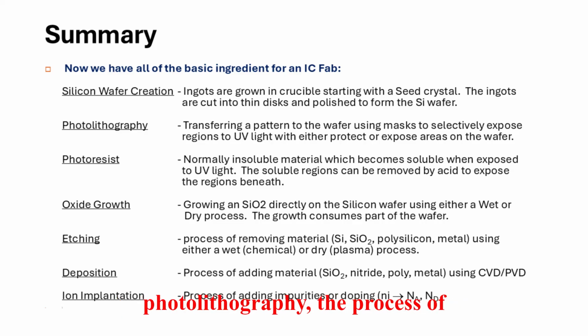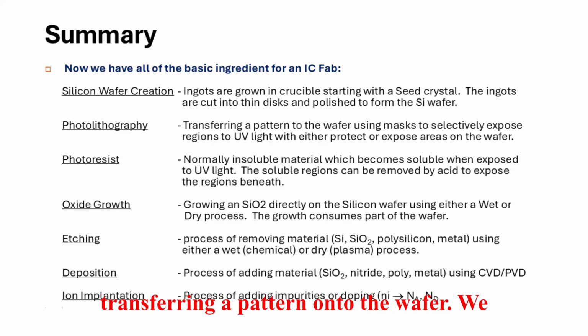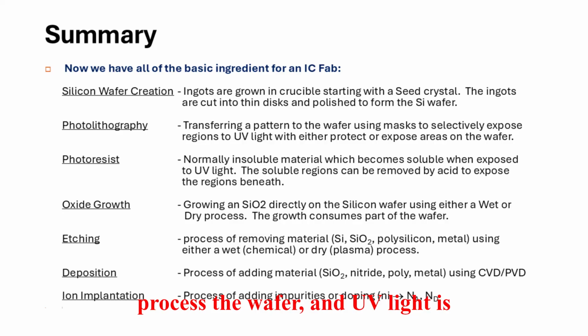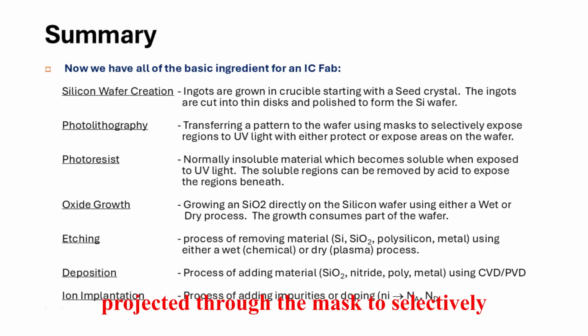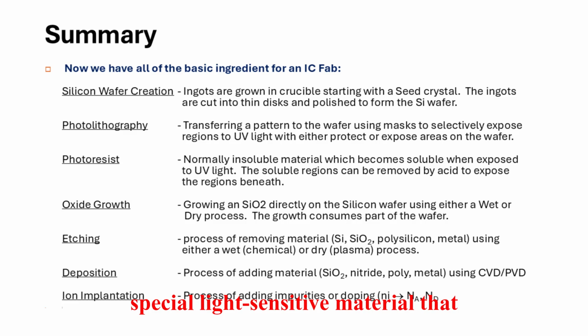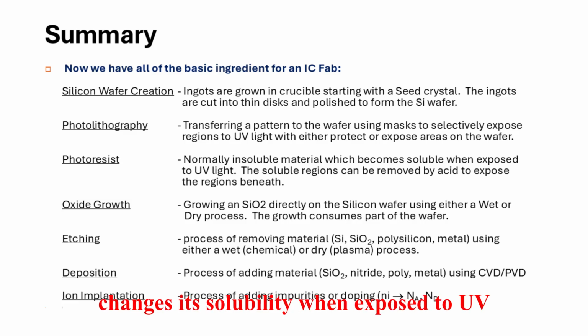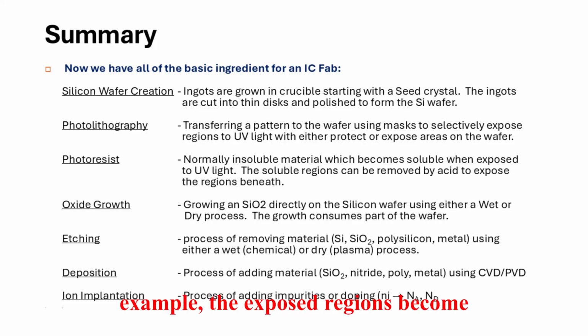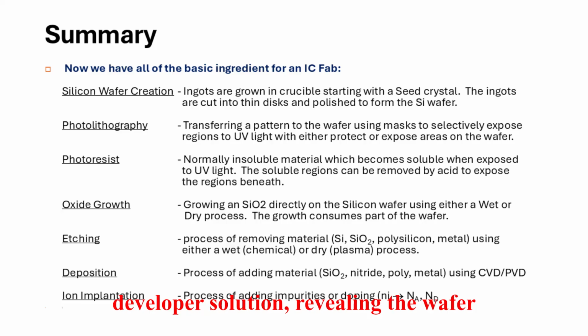Next comes photolithography, the process of transferring a pattern onto the wafer. We use a mask to define where we want to process the wafer, and UV light is projected through the mask to selectively expose certain regions. This is where photoresist comes into play. It's a special light-sensitive material that changes its solubility when exposed to UV light. In positive photoresist, for example, the exposed regions become soluble and can be removed with a developer solution, revealing the